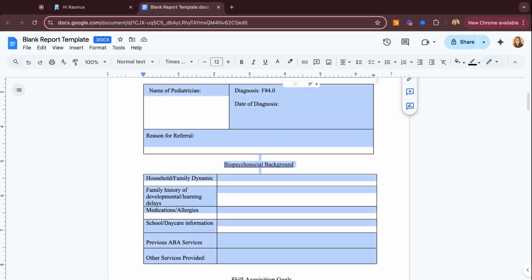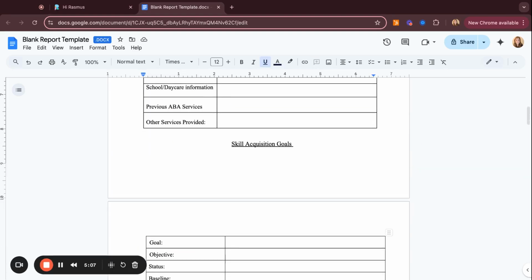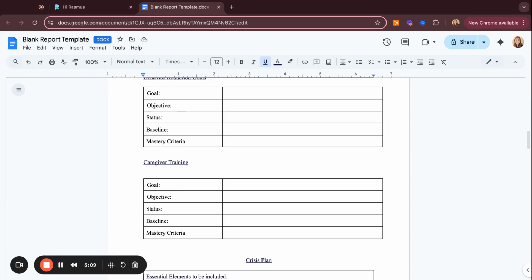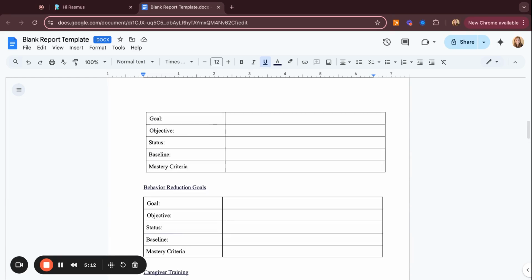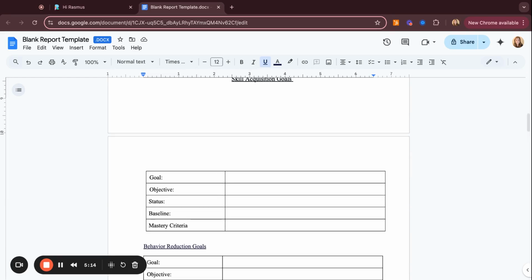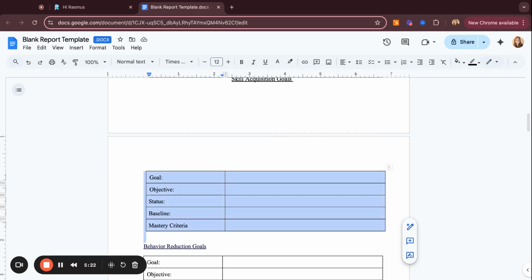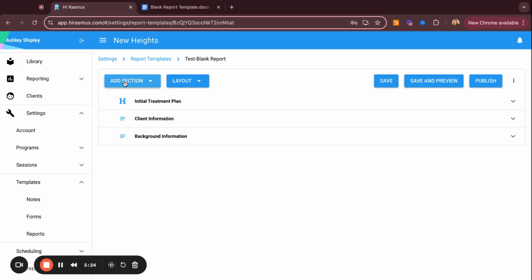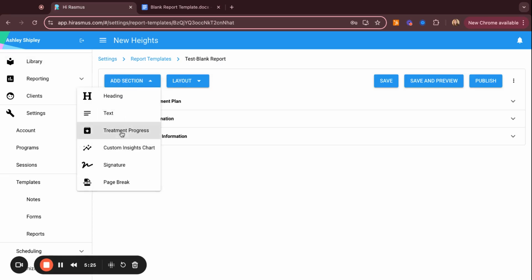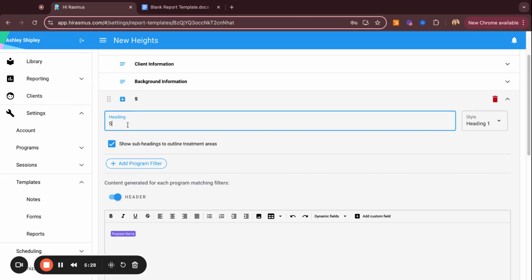I think the next section is my skill acquisition goals and behavior goals and caregiver training. So because Hi Rasmus pulls in your data and graphs, I'm just going to copy this box here. I'm going to add a section, treatment progress, skill acquisition,